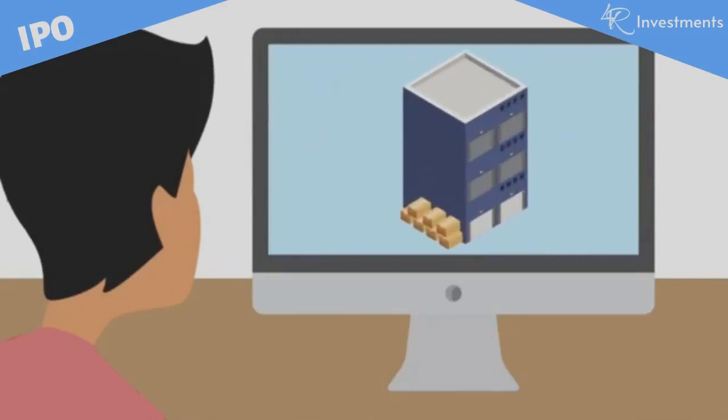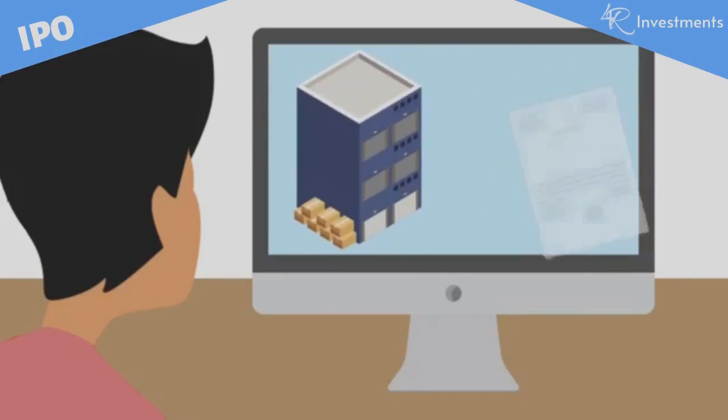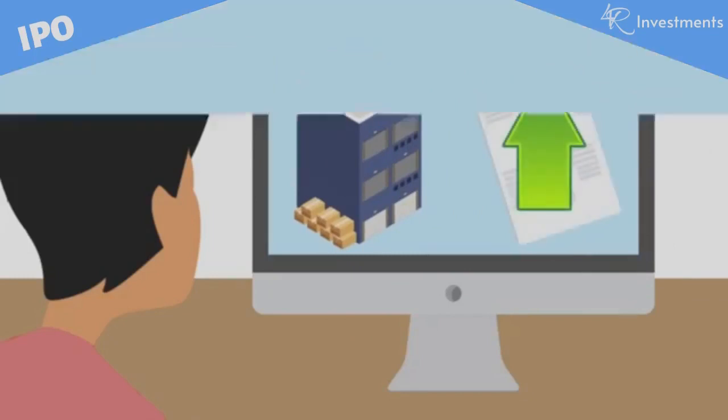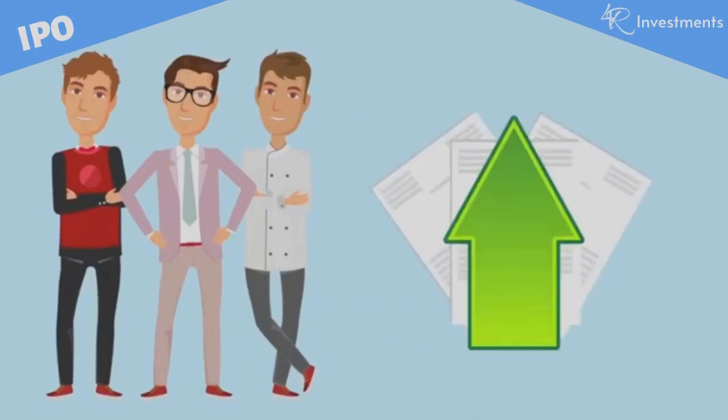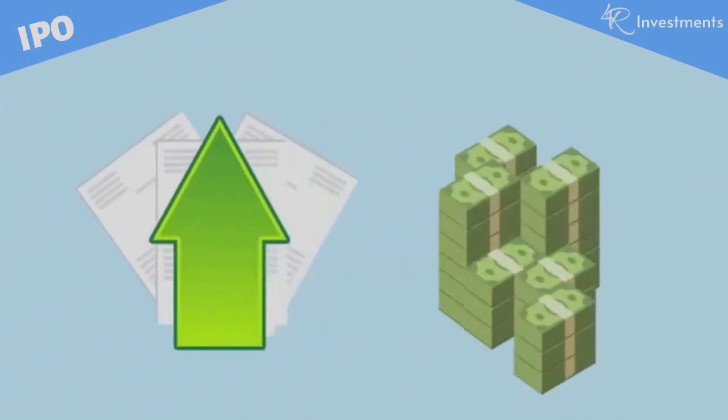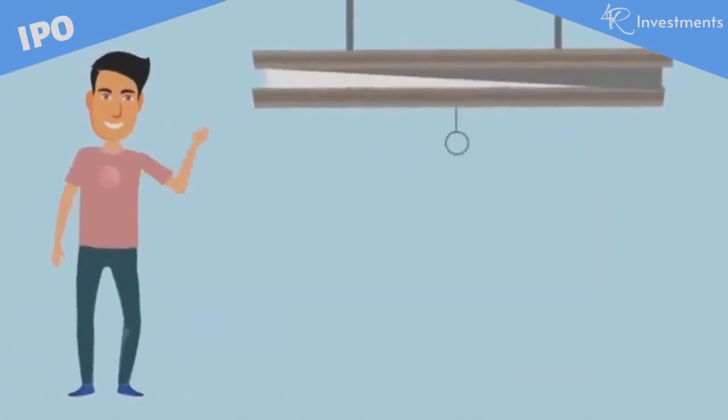In time, Ajay's business flourished and the share prices of the company increased. The investors who bought his shares through the IPO sold their shares at a higher price and made great profit. You can buy shares of an IPO